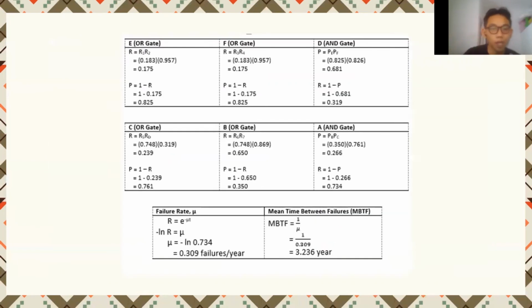So from the FTA, this is the calculation that we can do, and from this analysis we can know the possibility of the failure happening is once in 3.236 years, which can be a guideline for us to be more careful and cautious